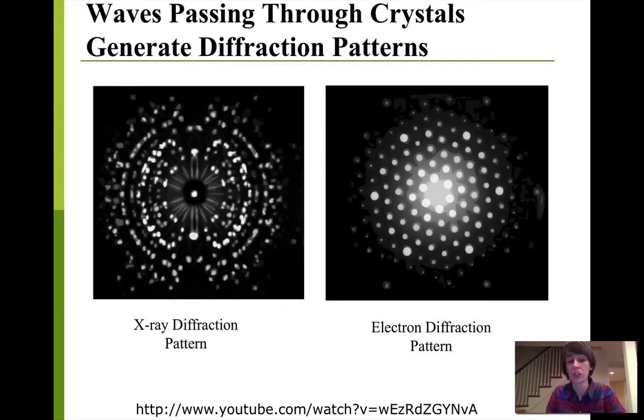And in these two pictures here, the first is an image of X-rays passing through a crystal. And these patterns that you see are similar to what the Veritasium video showed with the light. Waves of X-rays interfere with each other and create these diffraction patterns. And a similar thing is seen when we pass streams of electrons through that same type of crystal. And we see electrons interfering with each other and creating this very similar diffraction pattern.